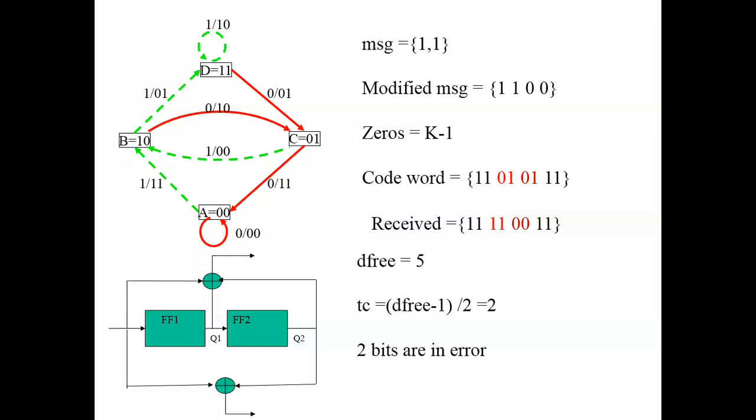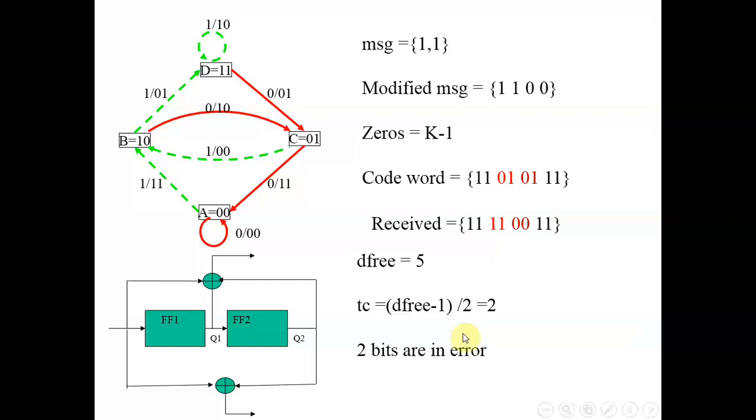We assume that we have generated the code word out of convolution encoder. So encoding is complete and now the code word is transmitted, and we expect some errors in the received code word. So our aim is to detect the errors and we want to correct the errors, so that we get the actual message which we had when we generated the code word. So that's the whole decoding process.